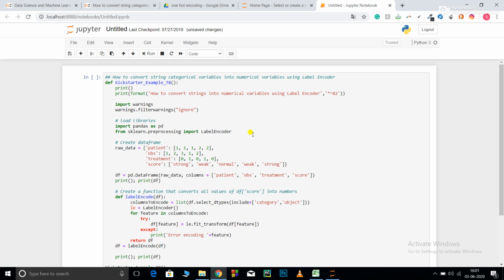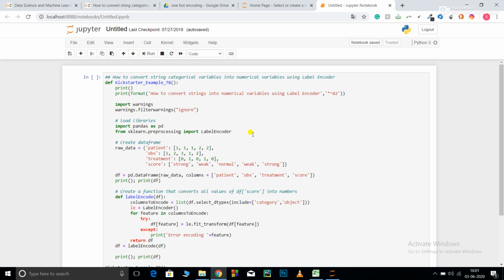So let's get started. First of all, what are categorical variables? Basically, there are two data types that Python supports. One is numerical, the other is categorical. Numerical generally includes the int and the float types. Ints are 1, 2, 3, 4, 5. Floats are 1.0, 2.0, 2.7, 8.5. All with a decimal point are known as float types.